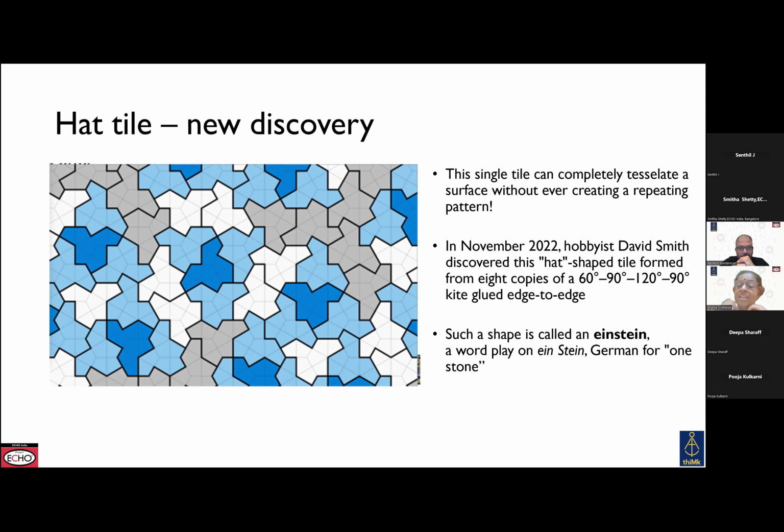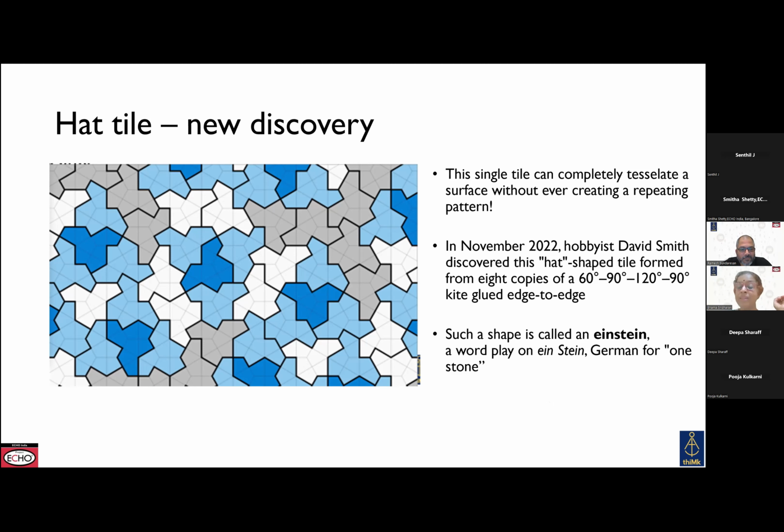We started in the early 1960s. First, mathematicians were very intrigued by this problem, whether we can have such a thing as an aperiodic tiling. Initially, they thought it was impossible. And then a set of 20,000 odd different tiles was discovered that could create an aperiodic tiling. Slowly that number reduced to 100, then down to 6, and finally to 2 by Roger Penrose in the 1970s. And it stayed at 2 till last year, when this tile was discovered